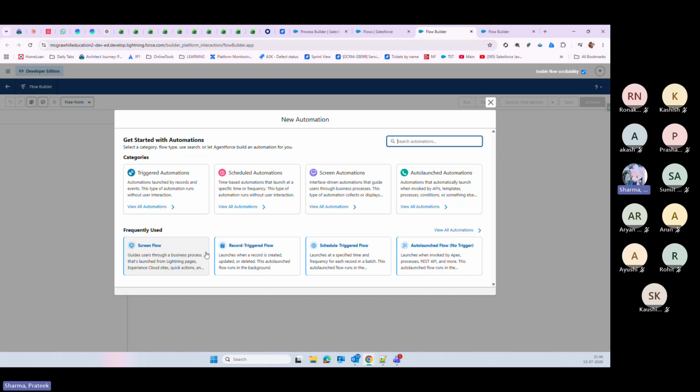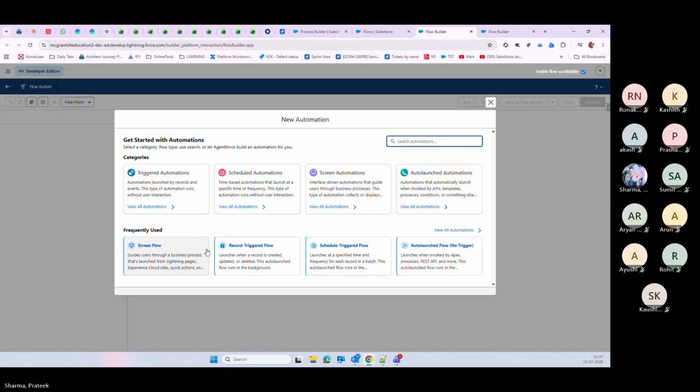I want to create a contact and opportunity, and I want to associate those contact and opportunity with the account itself, right? So if you need that kind of creation, and you don't want to go with code, you just need to use the no code environment, and for such implementations you will use flows. And as you are creating a screen, either to get the input or to display something, you will use screen flows. So let's build